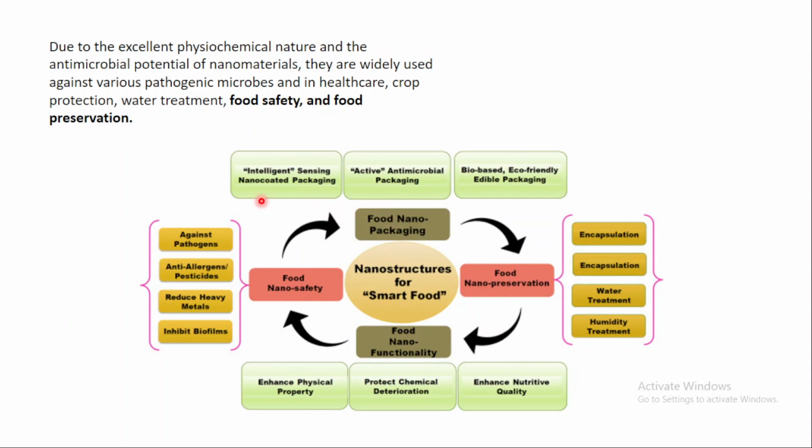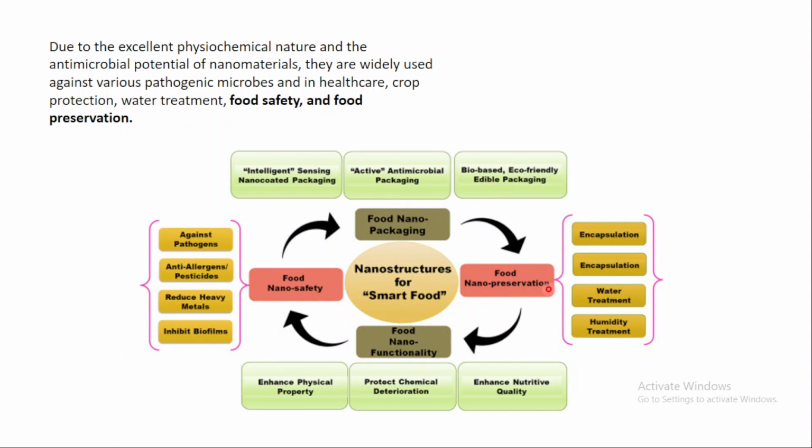Food nano packaging: intelligent sensing, nano coated packaging, active antimicrobial packaging, eco friendly edible packaging. So there are many packagings nowadays which are very eco friendly. Edible packaging made from seaweeds. You must have come across some startups which are making straws out of seaweed which can be edible, cups made up of edible material from nanomaterials,